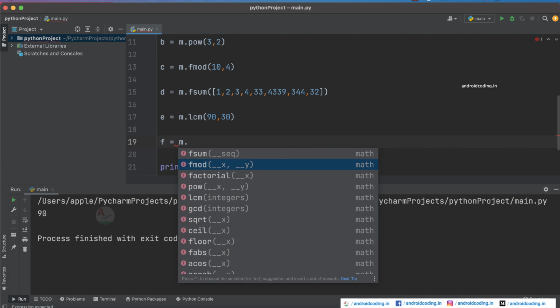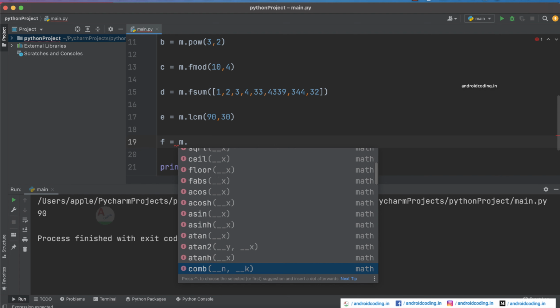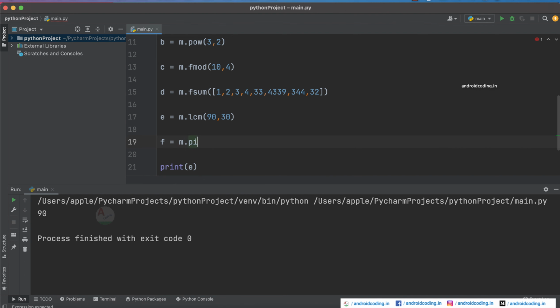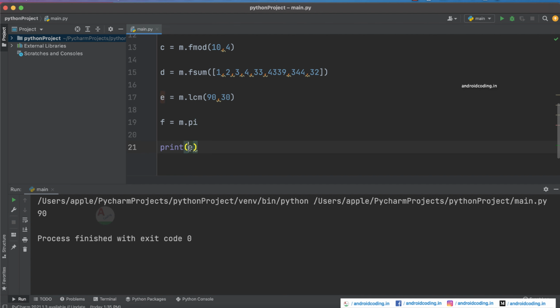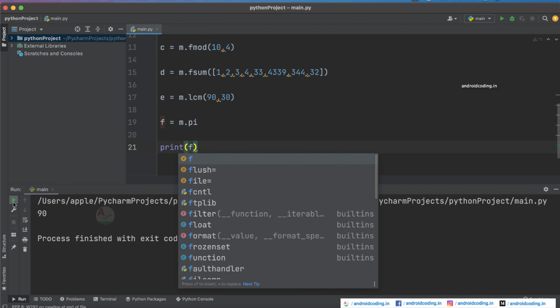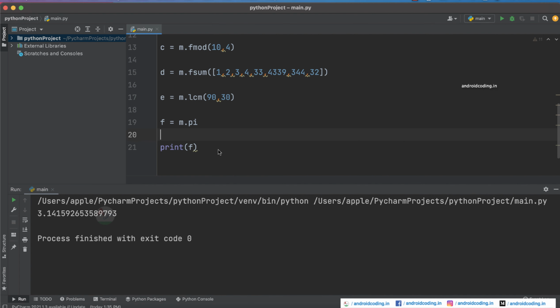Also here you can see there are several other functionalities you can perform like sine, cos, tan, and these are all the several mathematical functionalities which I think you have used every now and then in your childhood at least. We have got log also here, and pi value is also there. Now let's print the pi value once and we'll close this tutorial here. So we have even got the pi value.